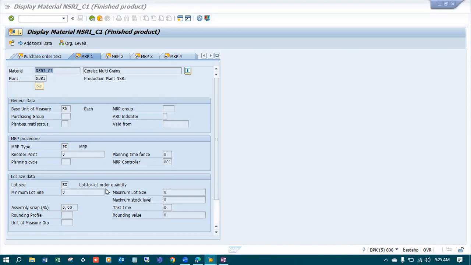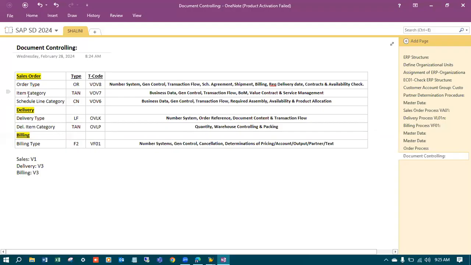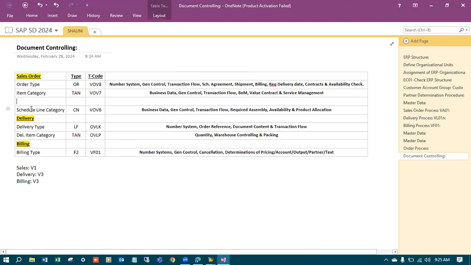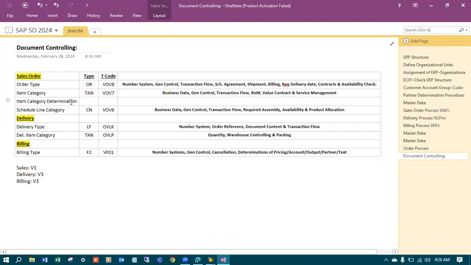Hello. So in the material master data, we have maintained MRP, material requirements planning. Based on this, the system will try to determine the item category and schedule line category. Let me help you with this determination. For item category determination, we have a formula with